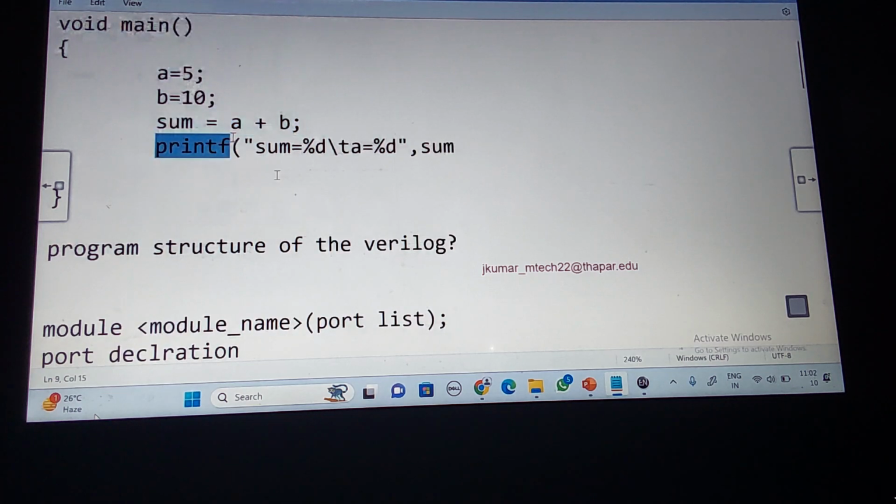I'm printing this. To print this, I use a format string with format specifiers, and then a tab space, then b is equal to 1, first place t. How many arguments do I need to pass here? For the first format specifier I need to pass one argument, sum. For this format specifier, I should pass a. For this format specifier, I should pass b.